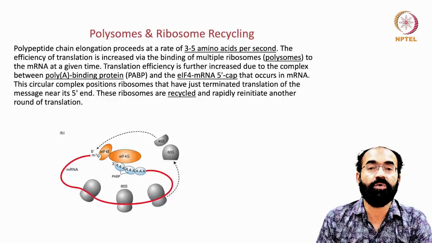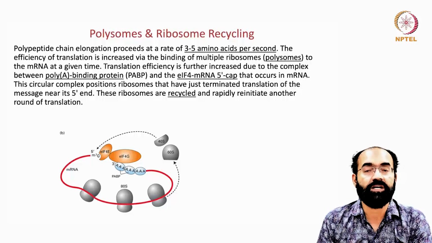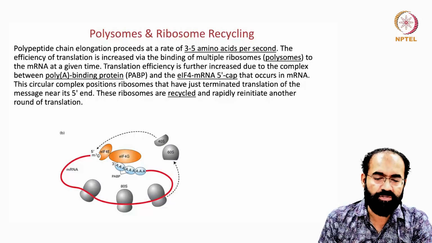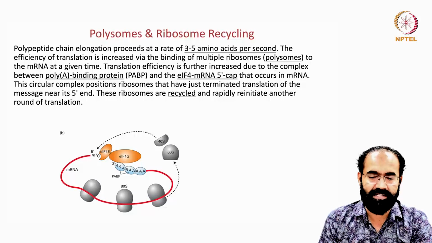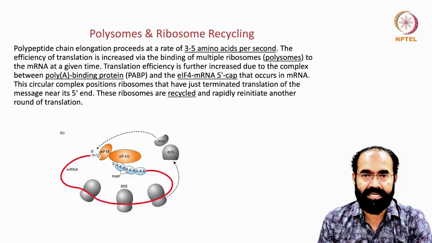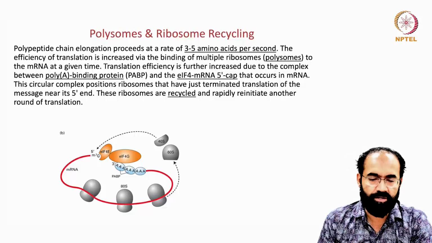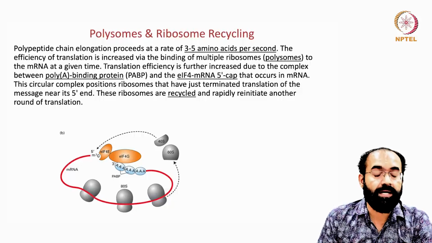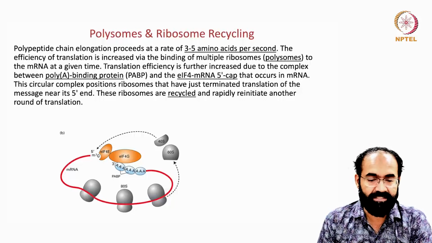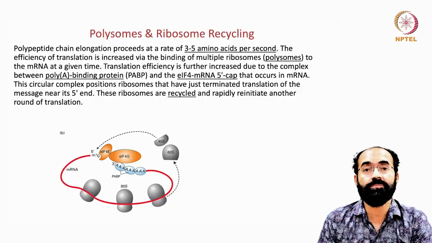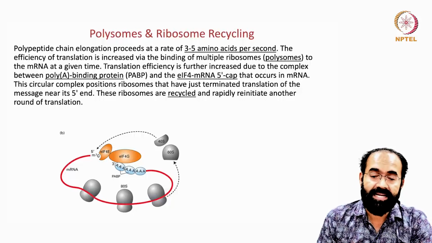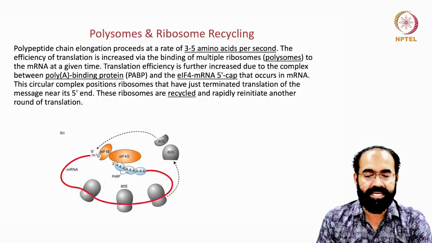PABP and ELF4 at the 5' cap of the mRNA. This circular complex positions the ribosomes that have just terminated translation of the message; it's an indicator that this RNA has just completed one round of translation. This gives a message to the system that this RNA has completed one round of translation. So these ribosomes, detached with the help of release factors, are recycled and rapidly reinitiate another round